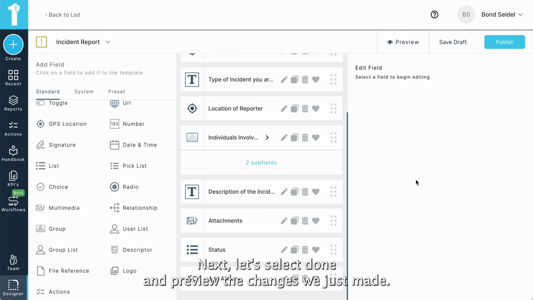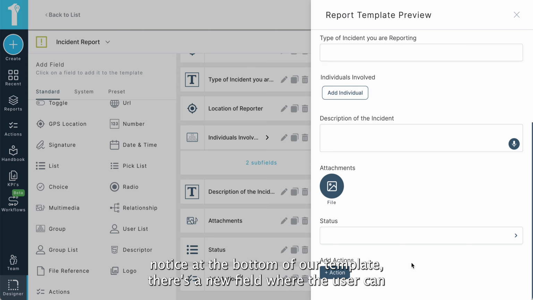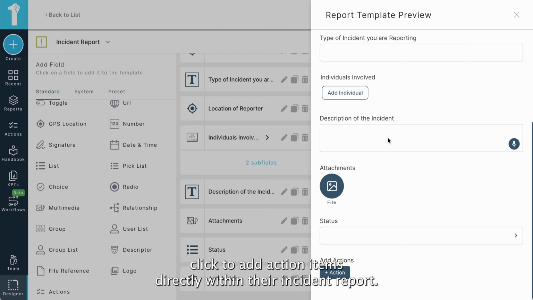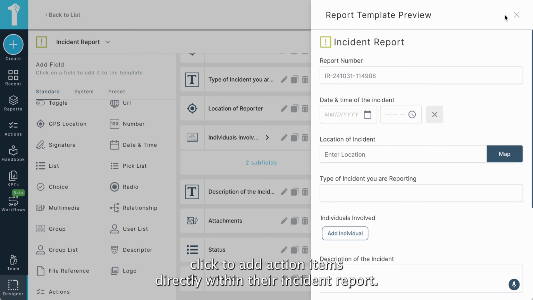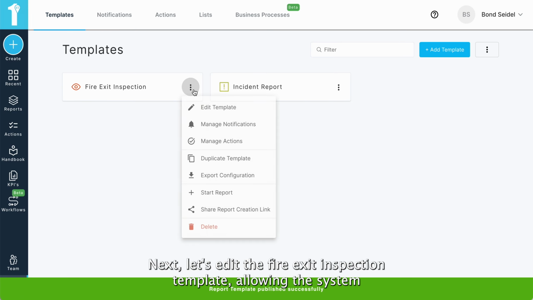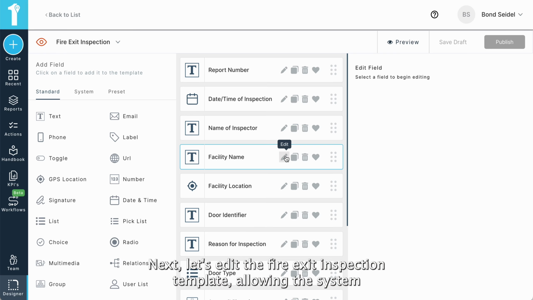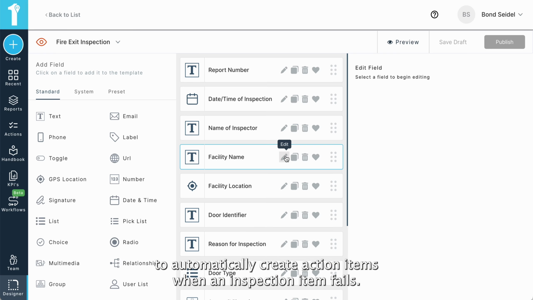Next, let's select Done and preview the changes we just made. We'll notice at the bottom of our template, there's a new field where the user can click to add action items directly within their incident report. Let's publish these changes. Next, let's edit the fire exit inspection template, allowing the system to automatically create action items